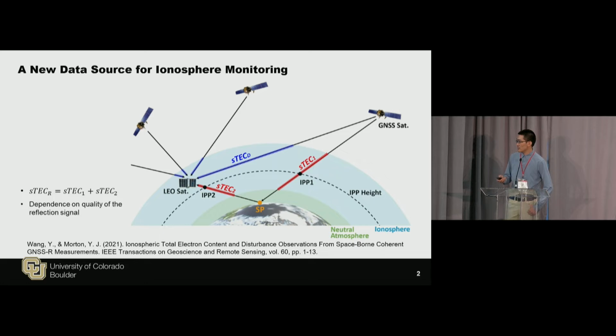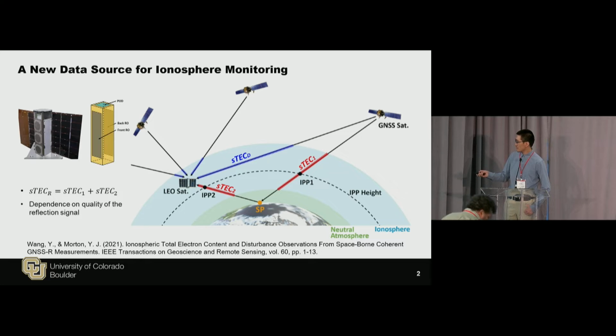And there's also some challenge dealing with this kind of measurement, because as shown here, the contribution from this refraction signal consists of this incidence ray and this reflection ray. So it's difficult to separate. It's not possible to separate these two contributions just looking at the single reflection signal. And I will talk more about this issue later. And more details about this is available from this paper at the bottom.